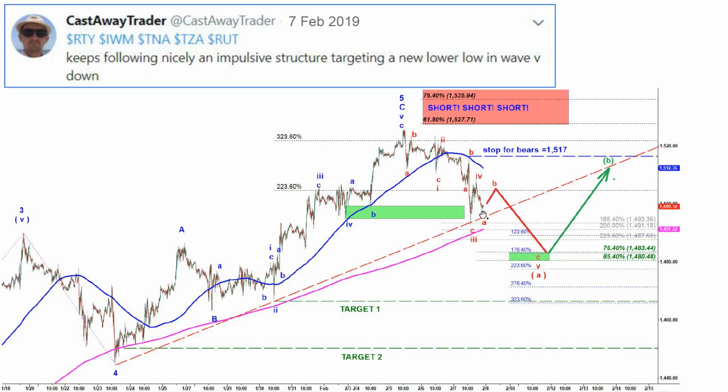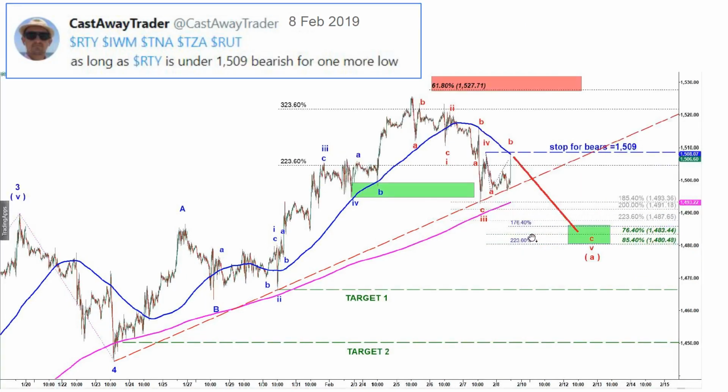So the first drop in wave A of 5 normally targets the previous bottom made in wave 3, but normally it's weak enough to make a new lower low, so it's either retested or just stalls somewhere close to the previous bottom, and then we get another bounce in corrective wave B up and the final decline.